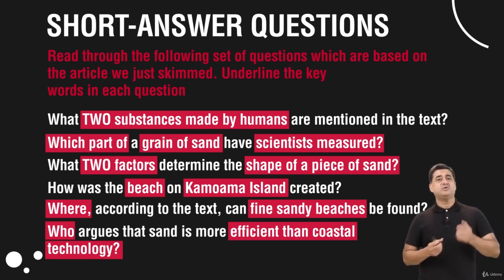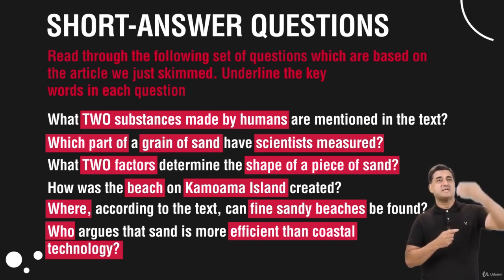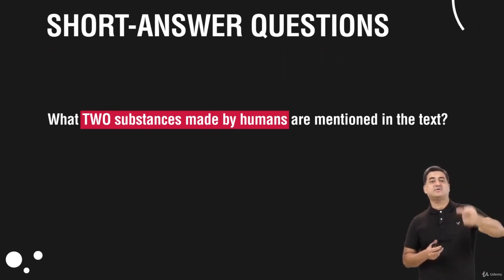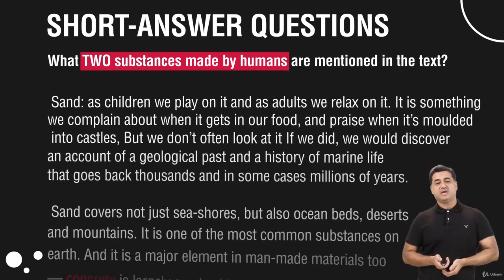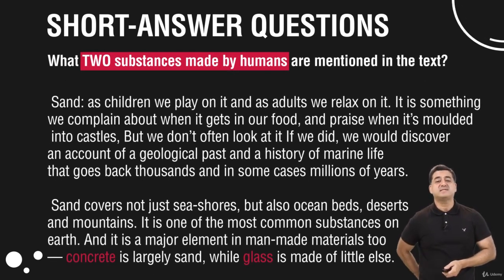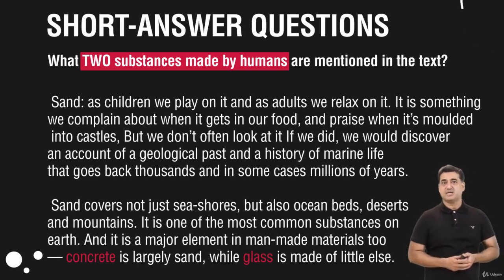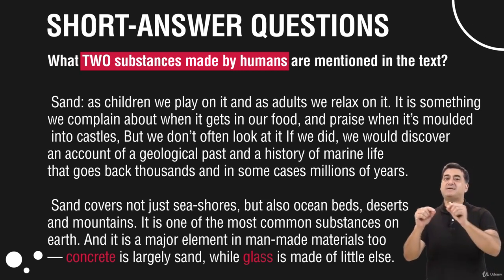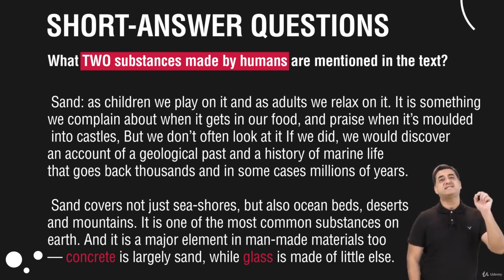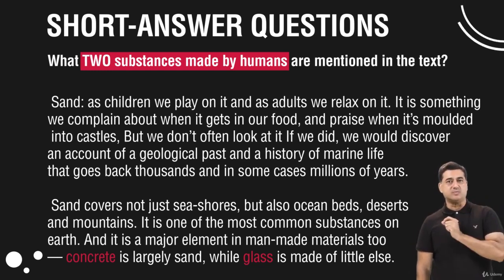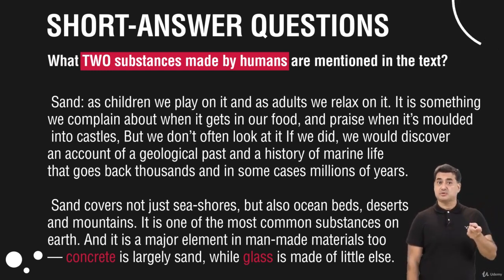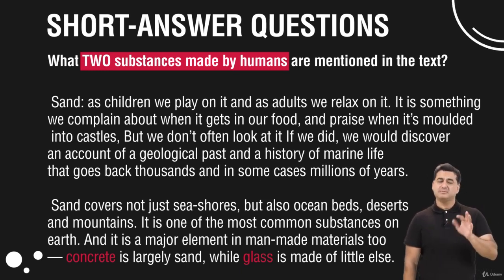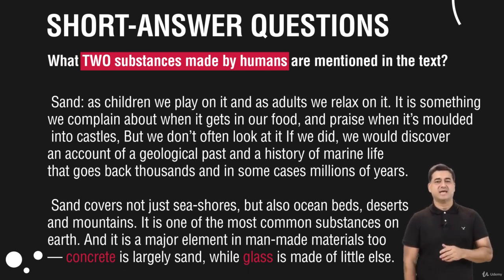So let's see. Now you know that short answer questions are those questions that come in the sequence. So we'll start from the beginning until we find the answer to the first question. Okay, so our question is, what two substances made by humans are mentioned in the text? So we are trying to locate the substances that are made by humans. So our keyword would be substance made by humans. There could be synonyms also, not necessarily made by humans. There could be an alternate word used, but you will still find something that you can scan. So let's look at the